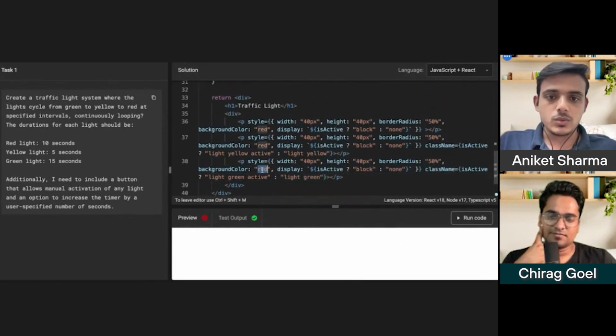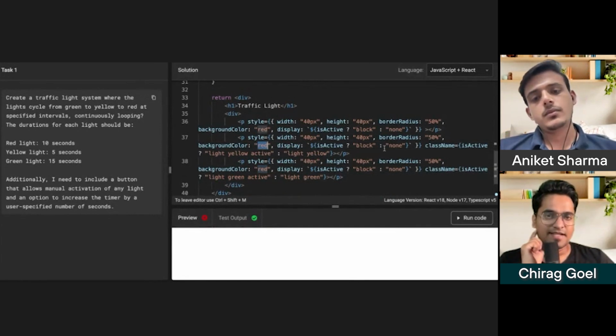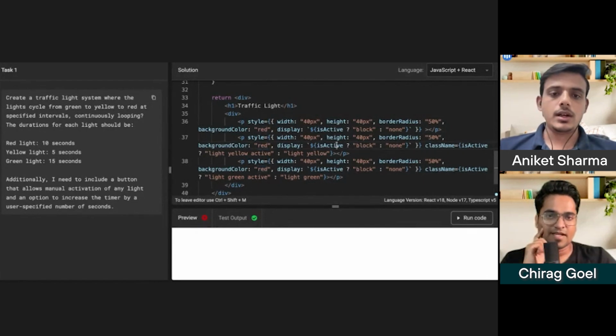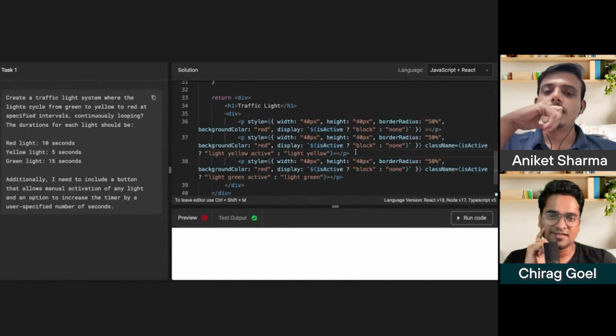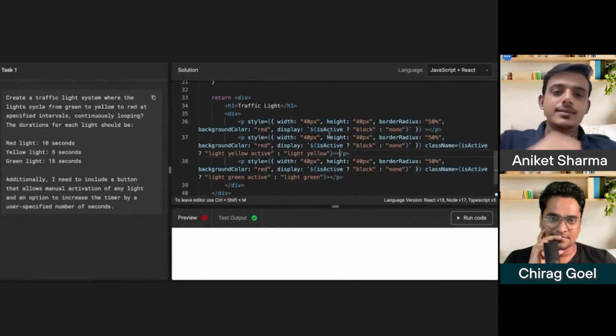So help me with one thing. Is active is what? Boolean. Yeah, when it is Boolean, when it is true, everything is true. When it is false, everything is false. Don't you think? Yeah, correct.